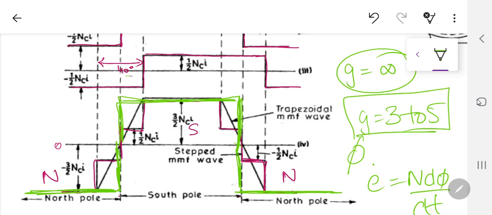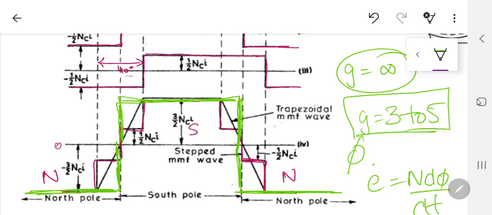You are going to have a lot of slots over there. The slots have to be cut down. The cost is also going to be more. Mechanically, the stator is not going to be robust. So technically speaking, if you can go with a G value of maybe like 6 or 7, you are going to have better results. But the main advantage is this, that you are going to have less harmonics if you are going to have a G value larger over there.